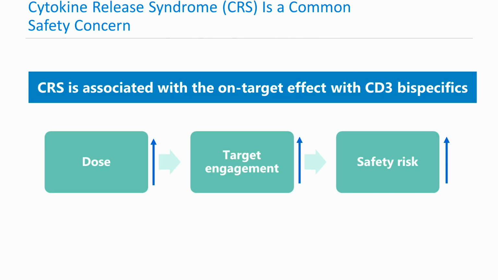A key challenge in drug development, however, is cytokine release syndrome, or CRS. It is a major safety concern across T-cell engaging bispecifics and also CAR T-cells. CRS is an on-target effect. The T-cell activation as a result of target engagement leads to a cascade of immune activation, resulting in systemic cytokine release leading to CRS. In principle, pharmacologically, one would expect the higher the dose, the higher the target engagement, leading to higher safety risks. As such, a key task in phase 1 development for these T-cell bispecifics is to figure out a way to mitigate CRS so that we can get to an effective dose level.